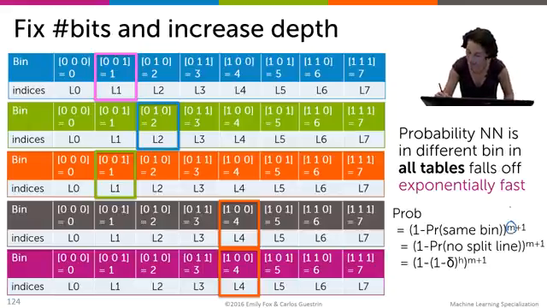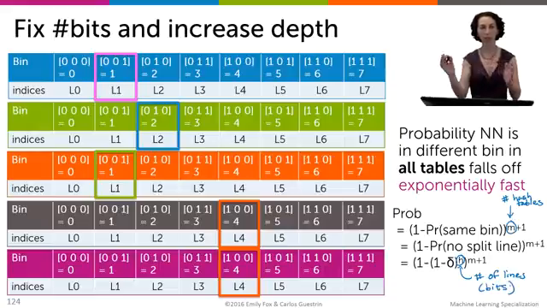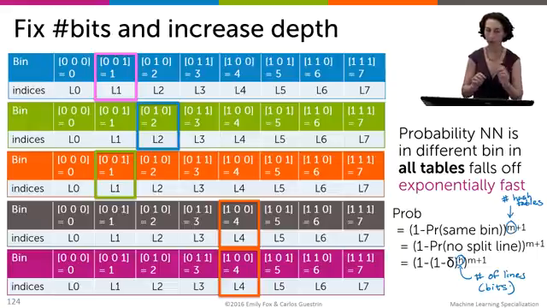We're going to call M the number of hash tables, and H here is the number of lines or number of bits. People sometimes refer to this as the width and the depth of a table. The width is the number of bits, the depth is the number of hash tables that we're looking at. And what you can show is that the probability of not finding a nearest neighbor, so the probability that the query point and the nearest neighbor are in different bins in all of these M different hash tables, falls off